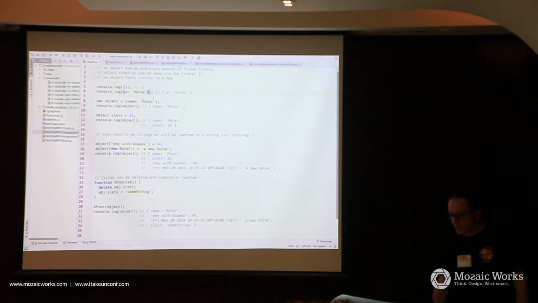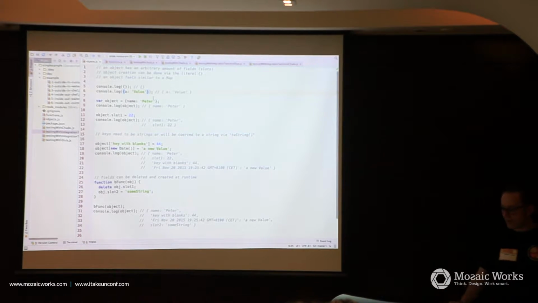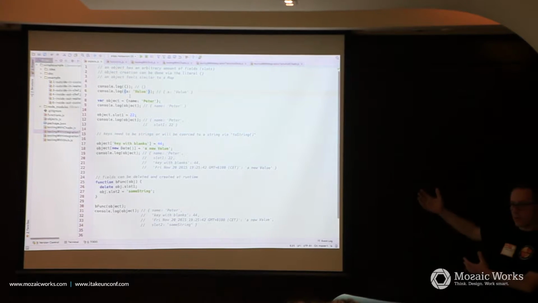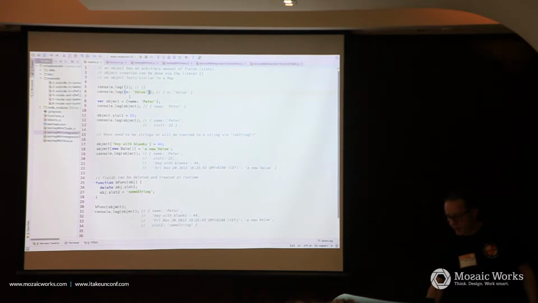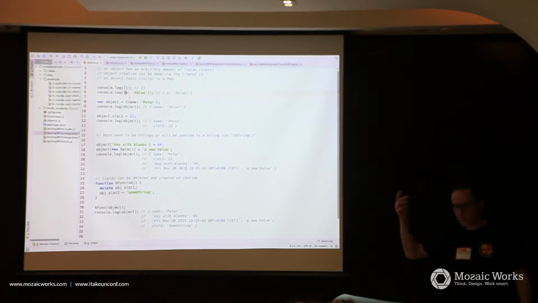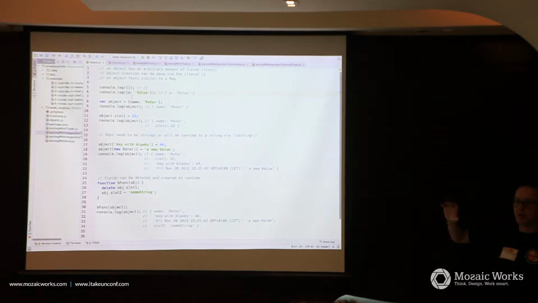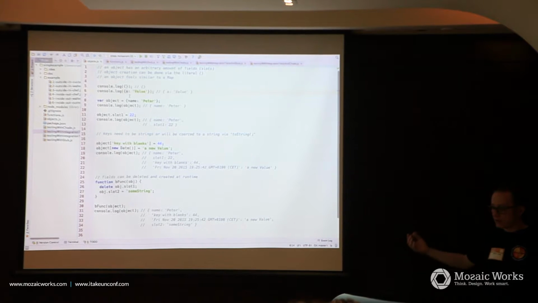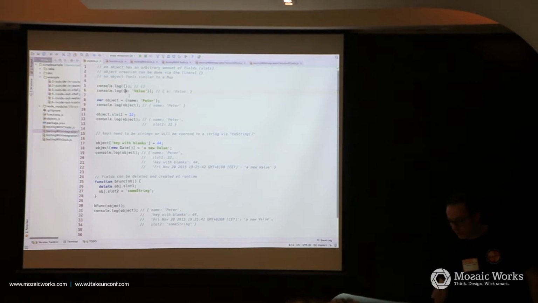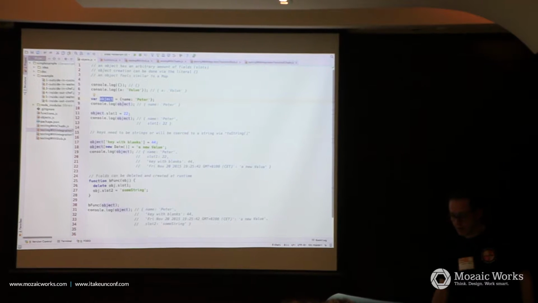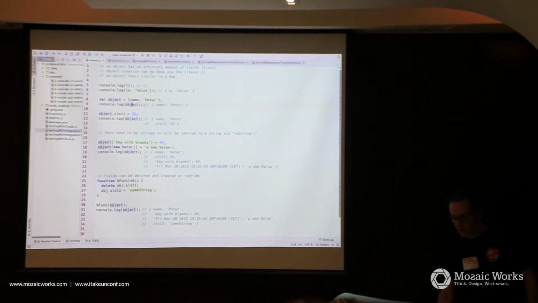If I want to have an object with some field, I just declare it this way. Everyone of you who knows JSON thinks this looks like JSON. The only thing is you have no quotes around the field name, which is then converted to a string automatically by JavaScript. So you have a field A with a string value, and if we print it, we will get this object. Of course, we can assign an object to a variable, and if we print out the variable, it prints out the object.